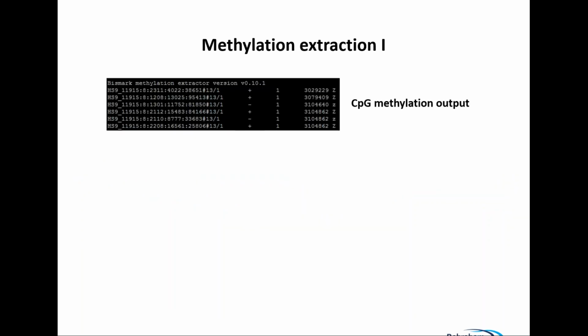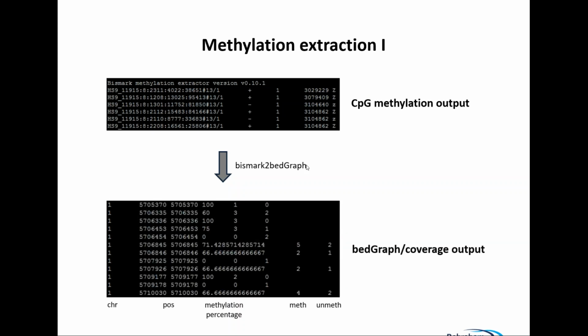But we can take this CpG methylation output and convert this into a more useful format. And we've got a script to do that, and this is called Bismark to bedGraph. So what this step is doing, it will read in all the different positions and cytosines in this file, and it will then sort them first by chromosome and then also by position on each chromosome, and then end up with either a bedGraph or, even more useful, the coverage